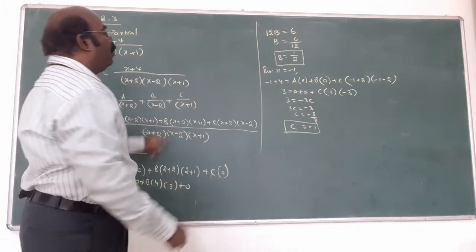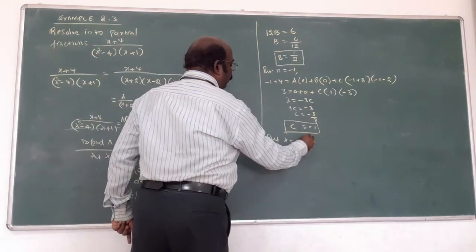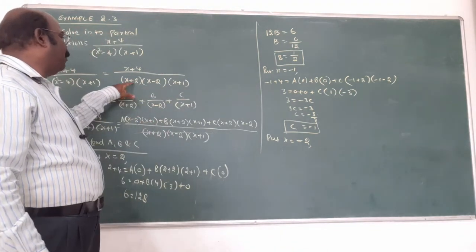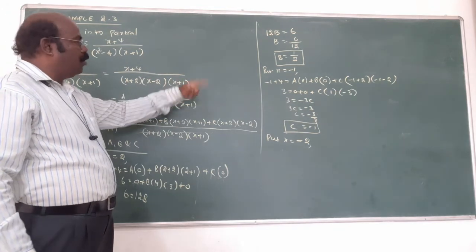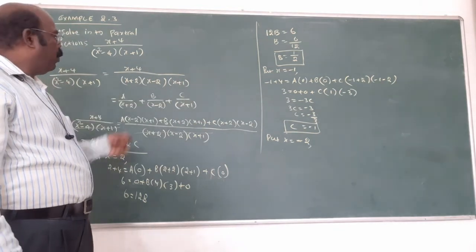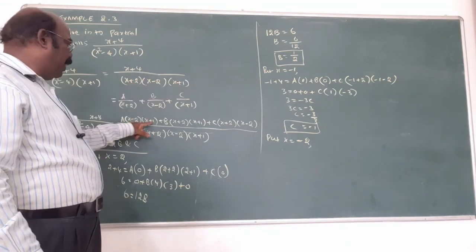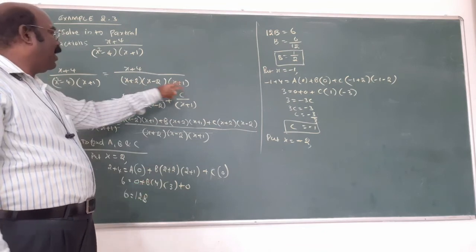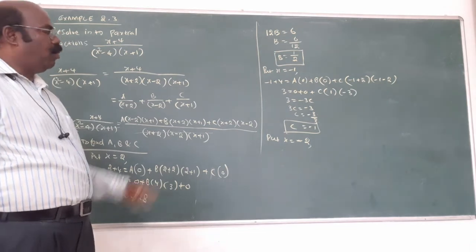Next x plus 2, no, put x equal to minus 2. Yeah, 3 factors are there. Change sign. Minus 2, you get 1 answer. Plus 2, 1 answer. Minus 1, 1 answer. You get 3 answers. You will put x equal to minus 2, 2, minus 1. Here, 3 factors. Change the sign and put the value for x. One by one you get the answer.